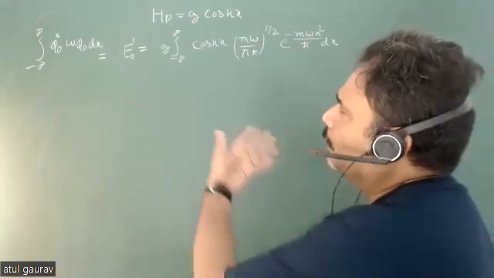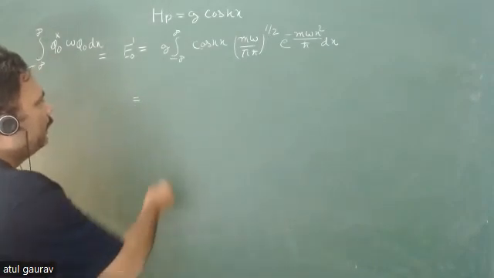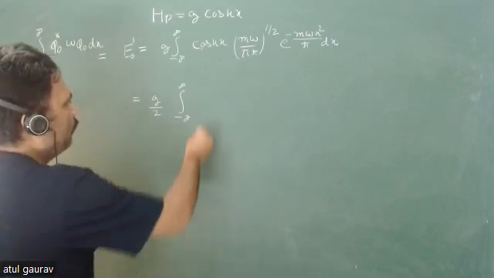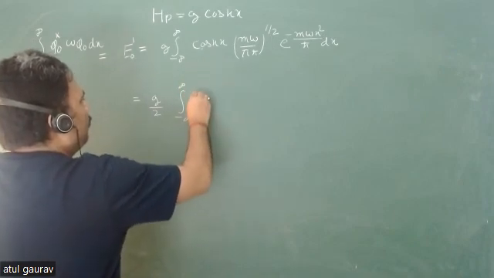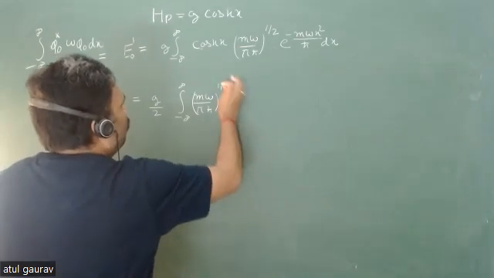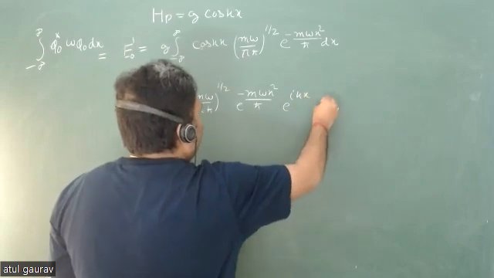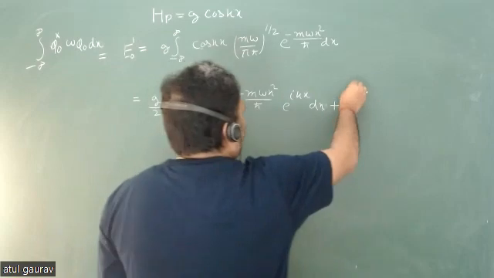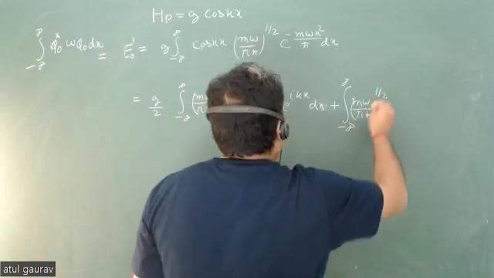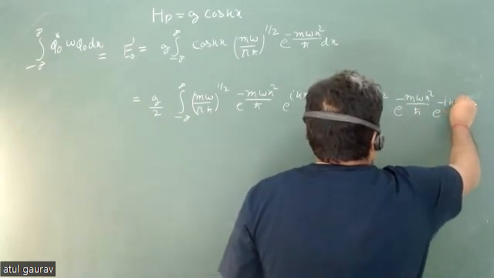Even function. इवन फंक्शन है। So we will get some value for it, that will be non-zero. If it were odd, you could directly make it zero. So now can I write this whole thing as g upon 2 integration minus infinity to plus infinity, (m omega upon pi h cut) to the power 1/2, e to the power minus m omega x square upon h cut, e to the power minus ikx dx, plus integration minus infinity to plus infinity, (m omega upon pi h cut) to the power 1/2, e to the power minus m omega x square upon h cut, e to the power minus kx dx।